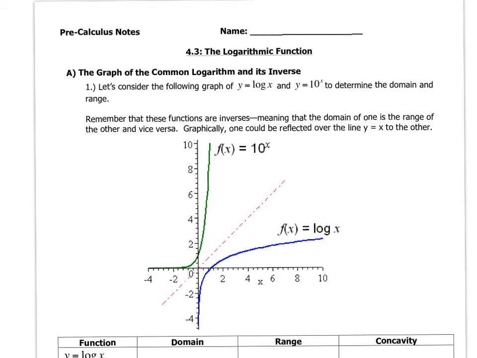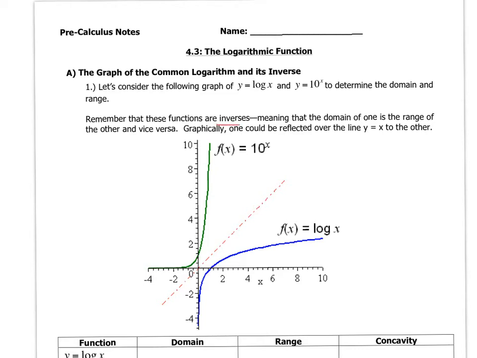So we'll be talking about things we've talked about before with graphs: domain, range, concavity, and asymptotes, okay? Those are really not that difficult to find if you know what the graphs look like. Just remember though that